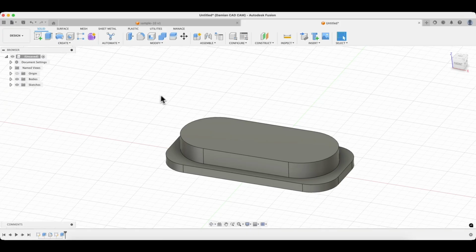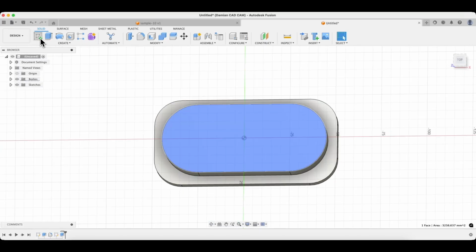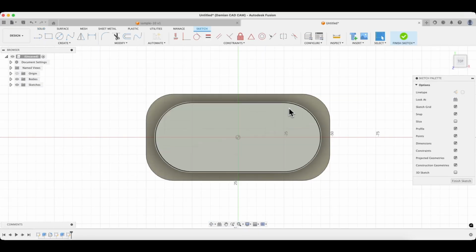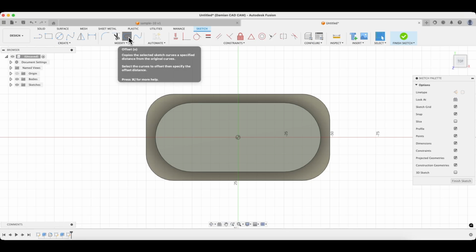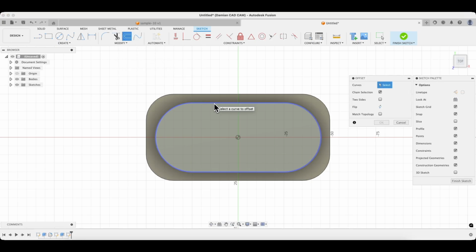The next sketch will be created on this face of the model. Select this face and select the Create Sketch command. Here I would like to create a similar shape to this slot, and I would like the slot that I will create to be 5 millimeters smaller than this slot. We can do this by drawing another slot, but we can also use the offset command. Now, if you select this command and select the edge based on which you want to create the geometry,